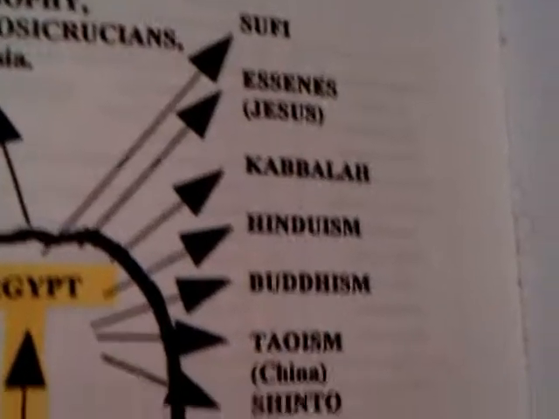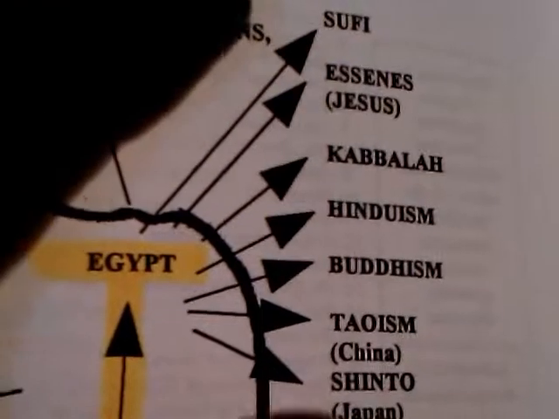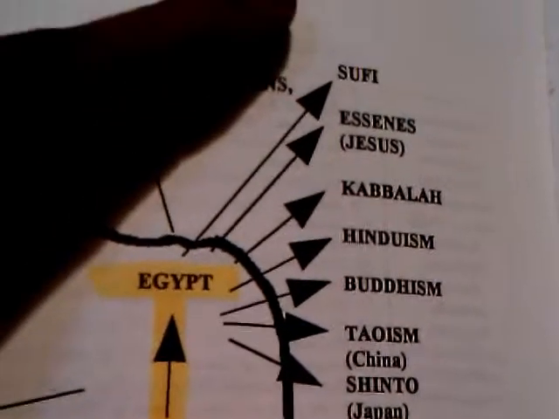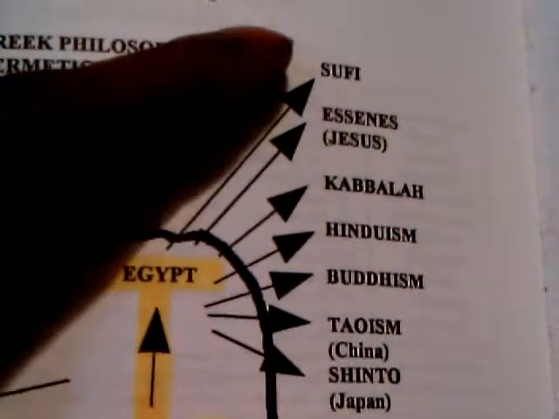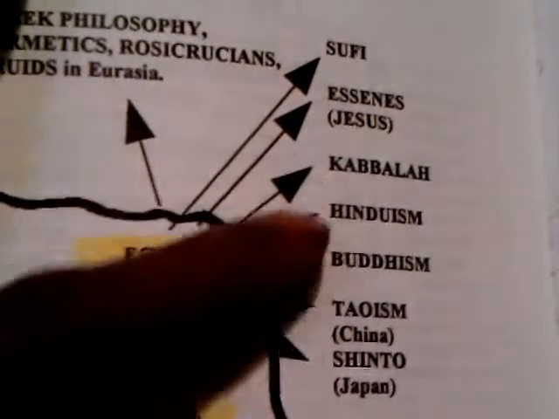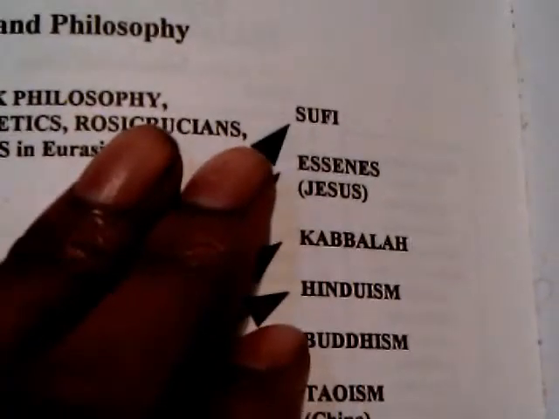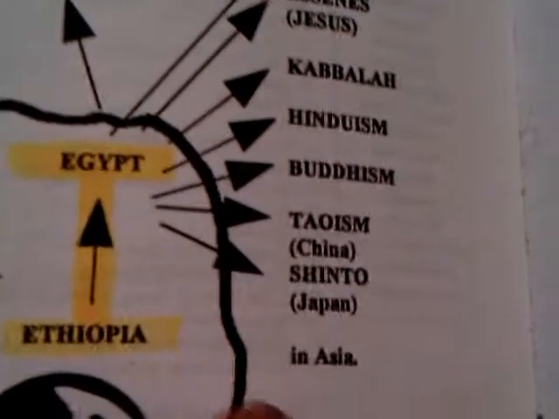Now, let's just count this for a moment. How many do we have here? We have 1, 2, 3, 4, 5, 6, 7. Isn't this interesting? When we read in Revelation about the 7. You understand, those 7 stars. You understand, those 7 candlesticks. This is the illumination, or the religious illumination of these particular ancient cultures right here.